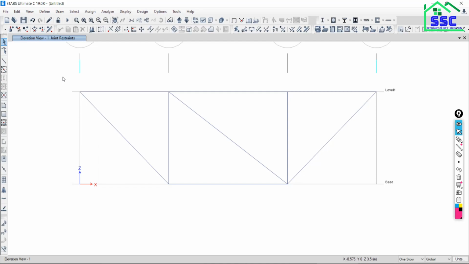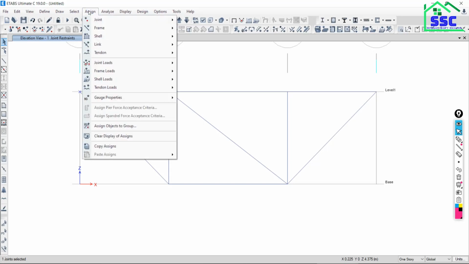now here I am interested in assigning the support. So select this joint. See, if I am dragging from right to left, what will happen? The section which is intersected by this box will be selected, and everything which is completely inside the box will be selected. So the member will be selected and the joint will be selected. Okay, just clear all this, drag from left to right, so that only the complete things inside your box will be selected. So this joint is in selection.